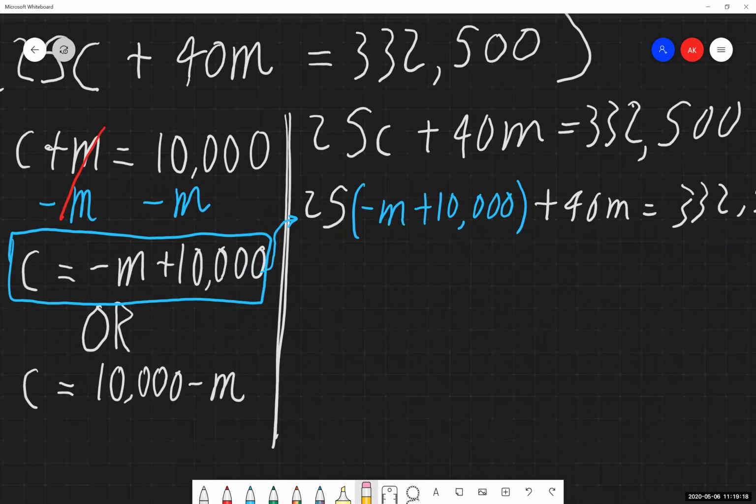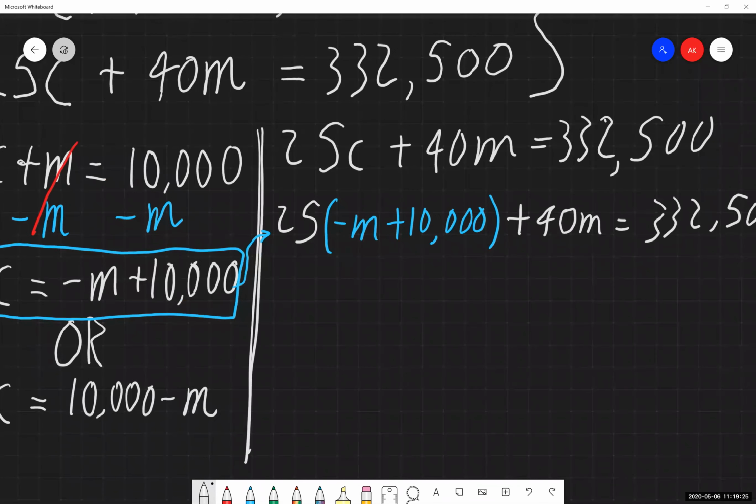I'll make that a better 0 here. It's not a 6. So we started with two unknowns in this problem. We had two equations. So fantastic. That's the bare minimum we need to solve these things. However, one of them was not written as one variable in terms of another.